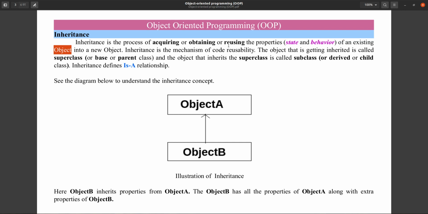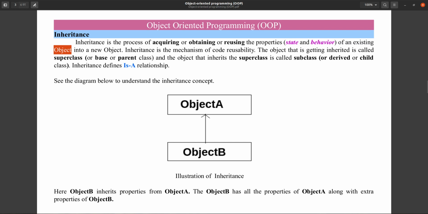You are going to create a new object, but some properties already exist in some other object. So you need not write the code again; you can reuse it by inheriting the existing object.